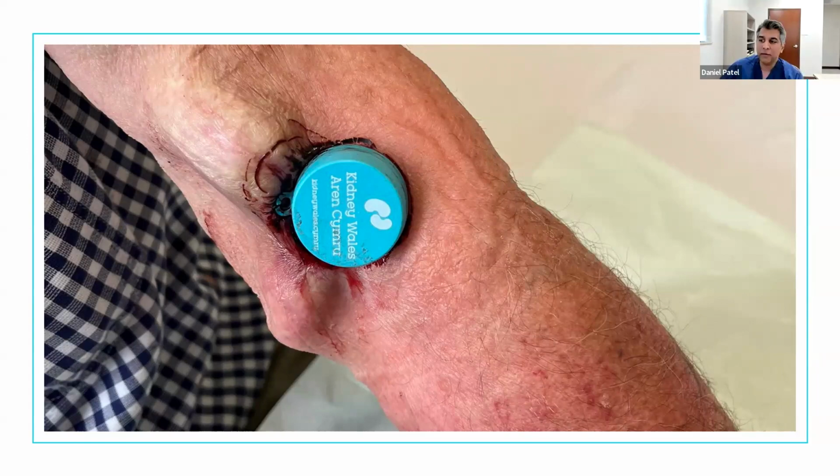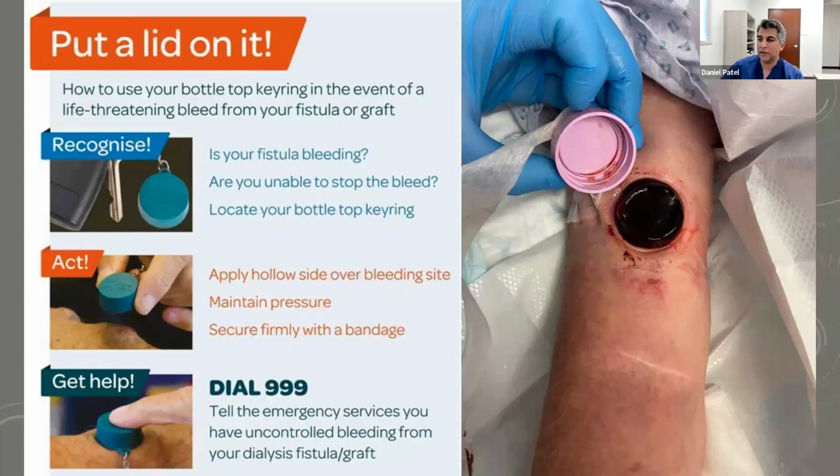Gently putting this bottle cap on there until you get formation of a clot. And you can see here, you get a clot that forms underneath the bottle cap. This can be life-saving because that bottle cap goes over the access, over the aneurysm. This clot forms, and they just leave that bottle cap in place. They wrap it up with tape, and they call 911, 999 over there, but 911 for here in the United